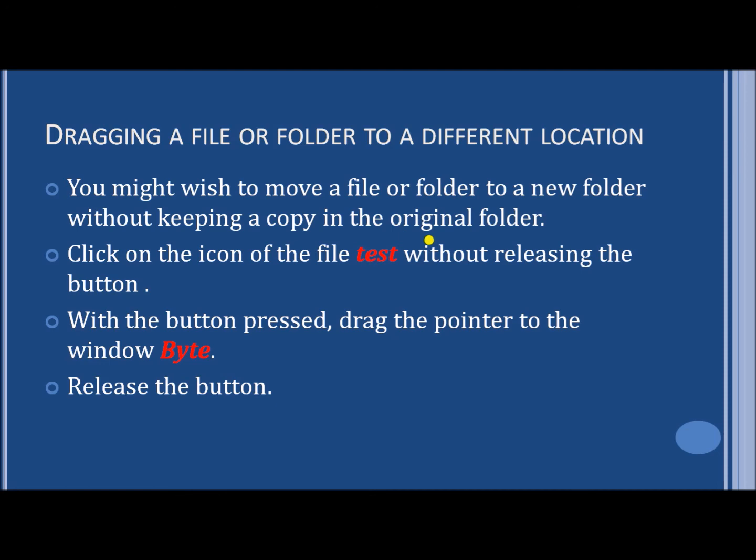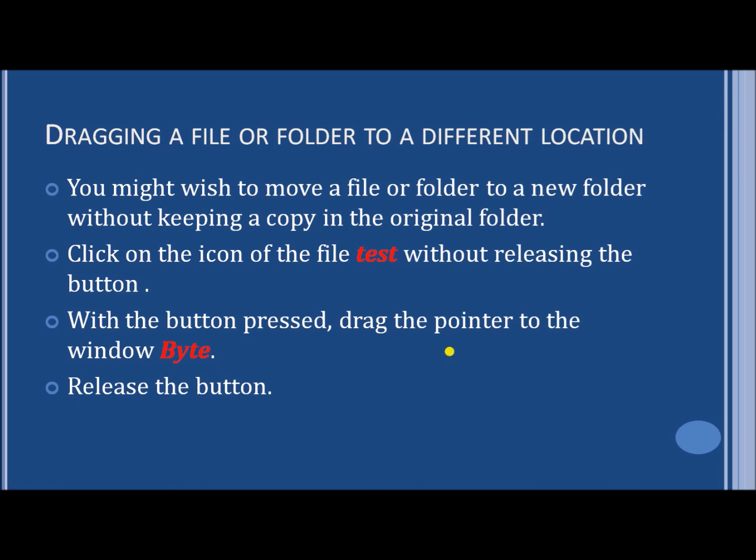What we will do is click on that test file, and we will not release the button. We will not leave the click. We will drag that clicked button along with the movement of our finger, open the window byte, move in, and upon reaching inside that folder of byte, we will release the button.